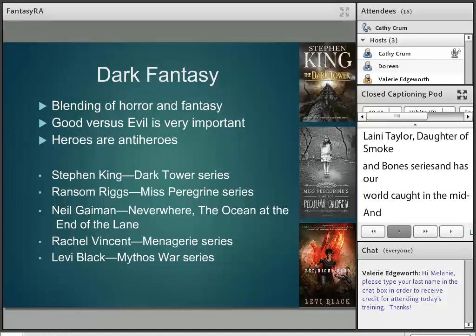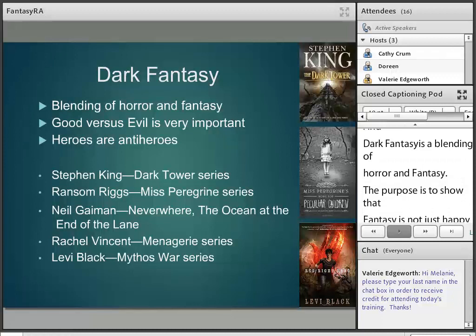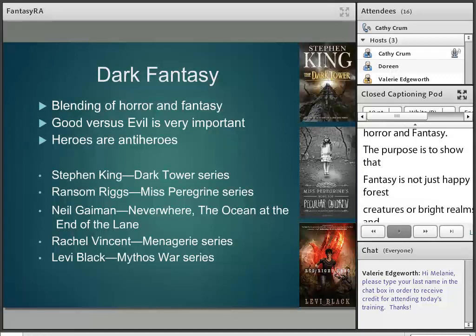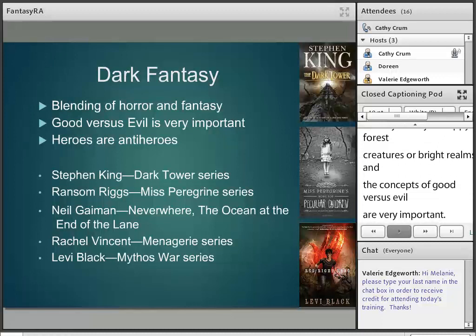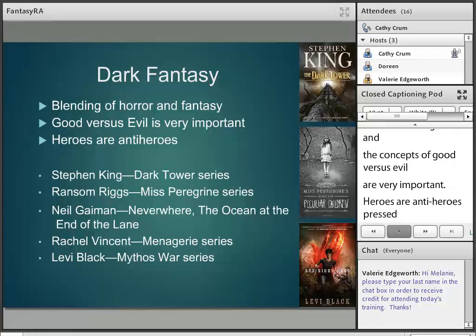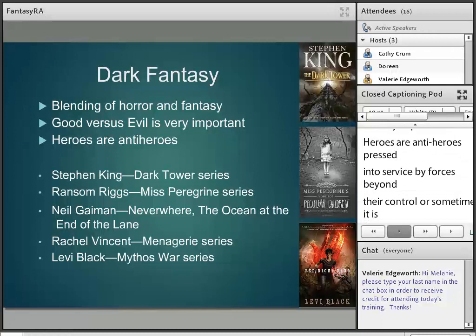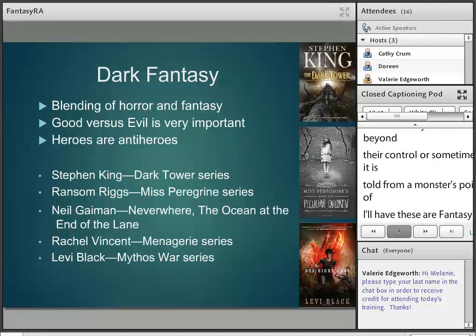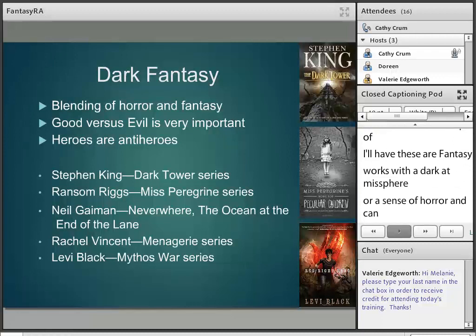Dark fantasy. This is a blending of horror and fantasy. The purpose is to show that fantasy isn't just happy forest creatures or bright realms, and the concepts of good versus evil are very important. Heroes are anti-heroes pressed into service by forces beyond their control, or sometimes the story is told from a monster's point of view. These are fantasy works with a dark atmosphere or a sense of horror,